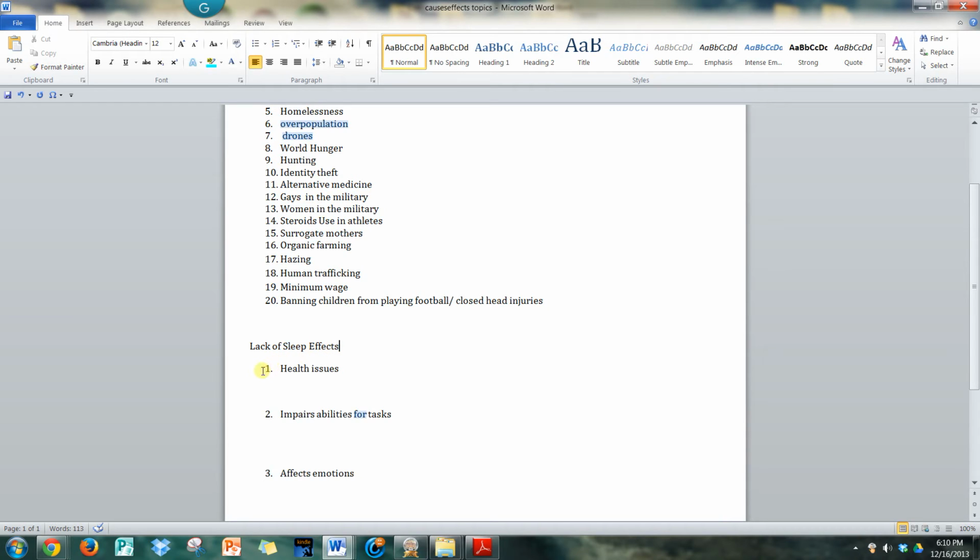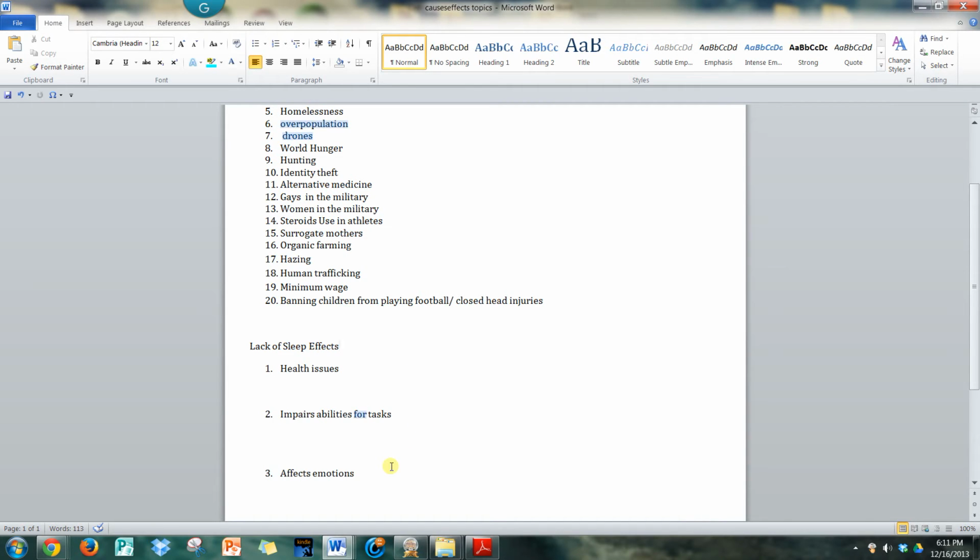One of the effects is health issues could be caused by lack of sleep. Lack of sleep also impairs the person's abilities for everyday tasks. So I have that. The lack of sleep also affects a person's emotions. So those were my brainstormed areas. I may have had 4, 5, or 6 other effects, but these were then what I thought would be the